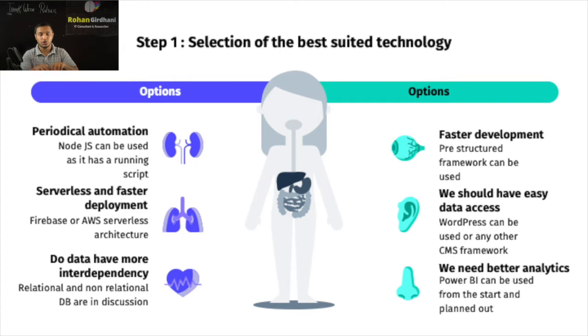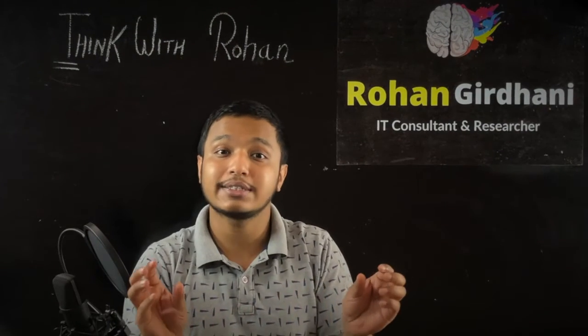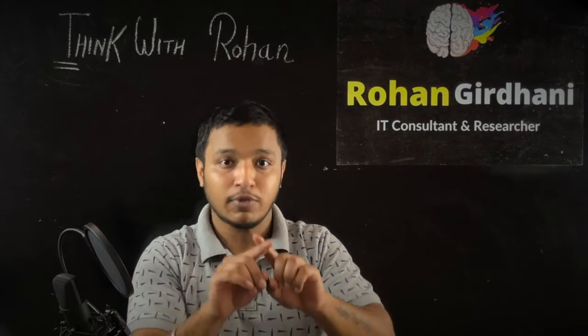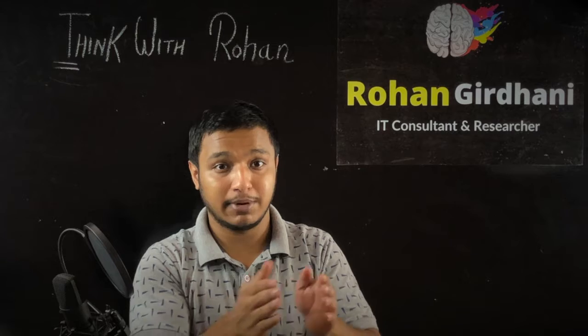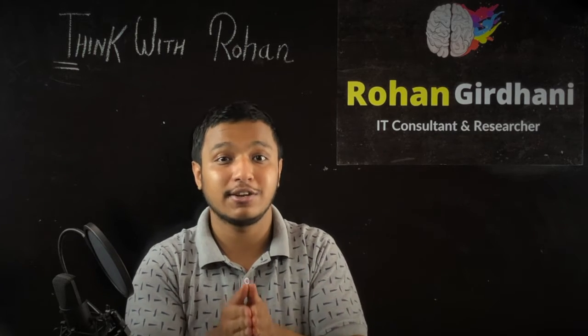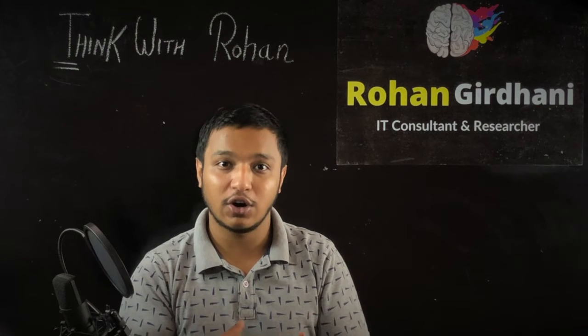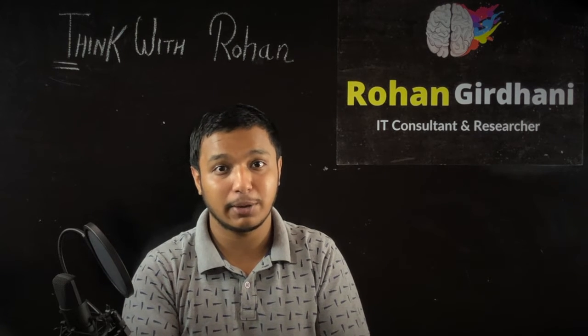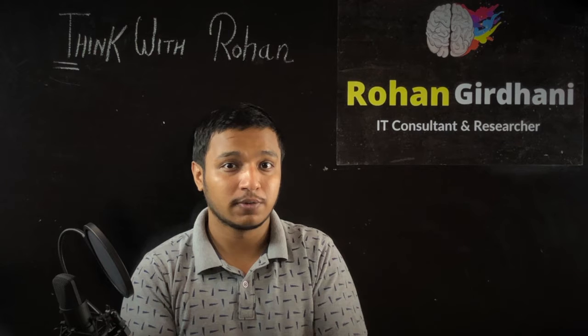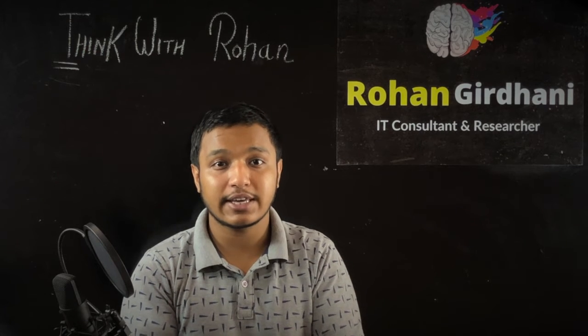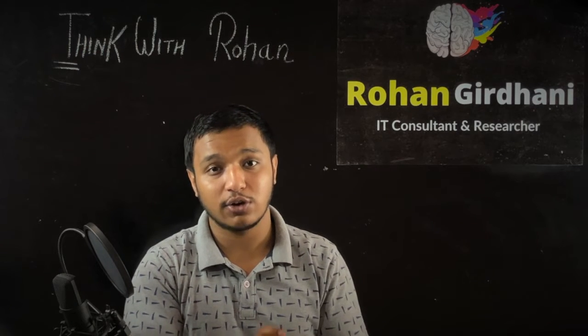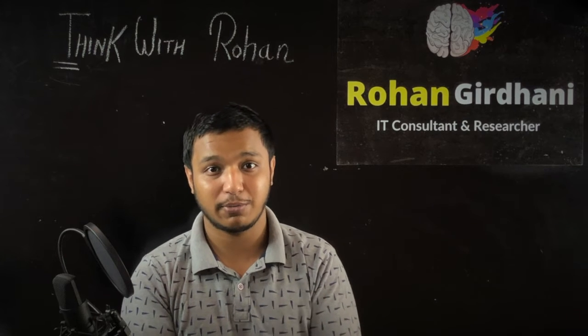First of all, you should divide your product into multiple features. Every sub feature would help you know the exact needs of the product. Your whole product has a base need, but every specific feature has different needs. So you can talk about whether you need automation or serverless architecture, depending upon the feature use. These types of questions can help you in selecting the right technology for your product,